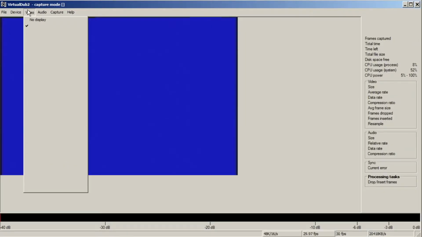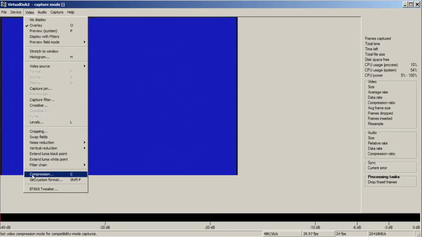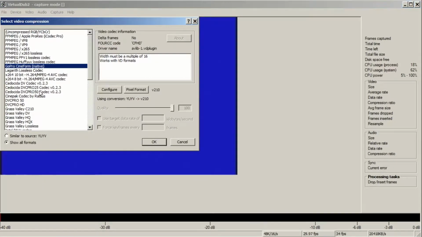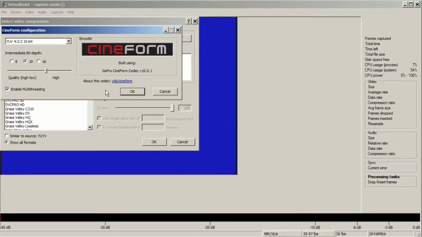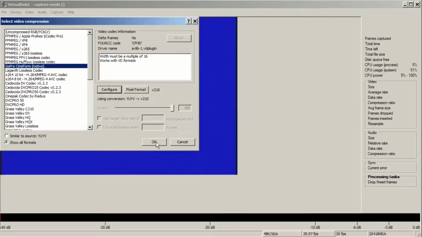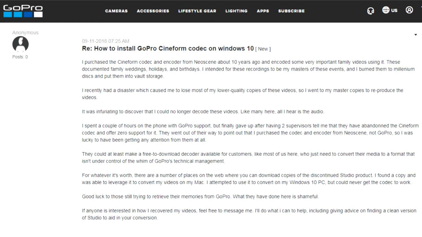Next, I choose compression format. There are many options from tried and true Huffyuv and Lagarith to UT Video, Canopus, Grass Valley or Cineform. I prefer Cineform. It's a well-established visually lossless intermediate codec. It has been purchased by GoPro several years ago and then open sourced. VirtualDub 2 comes with a native implementation of Cineform, although playing videos encoded with this codec in other programs may be a nuisance, as GoPro doesn't provide a simple way to install just a video codec.